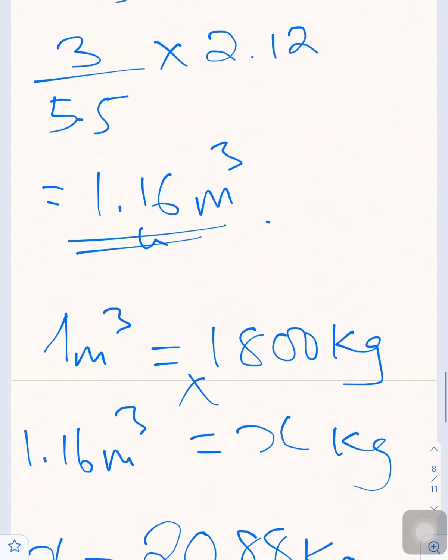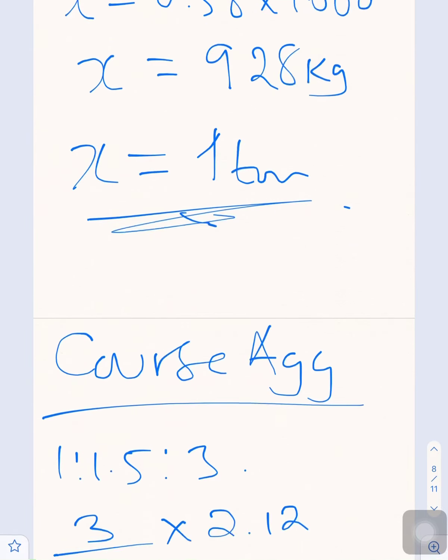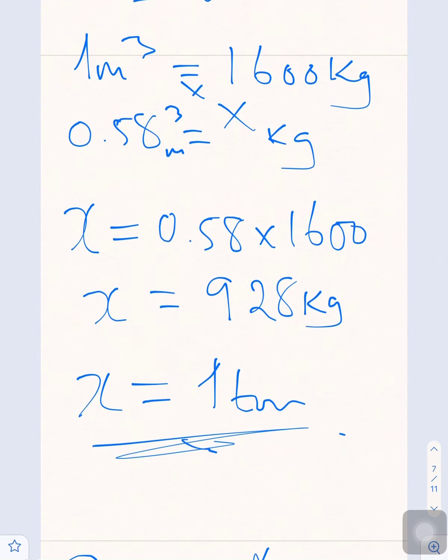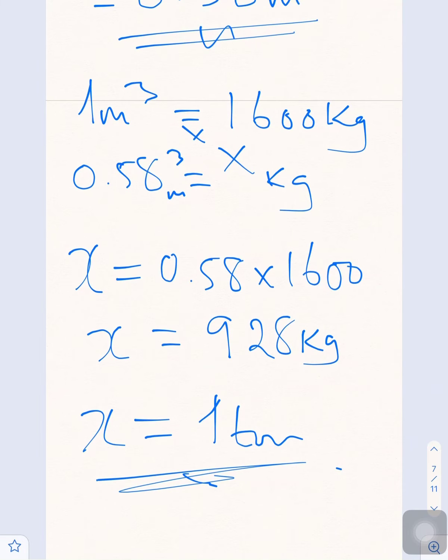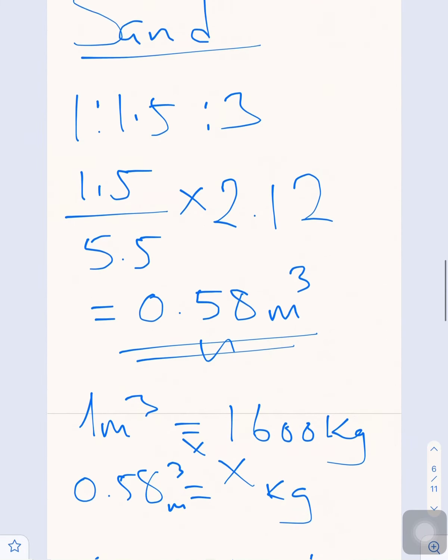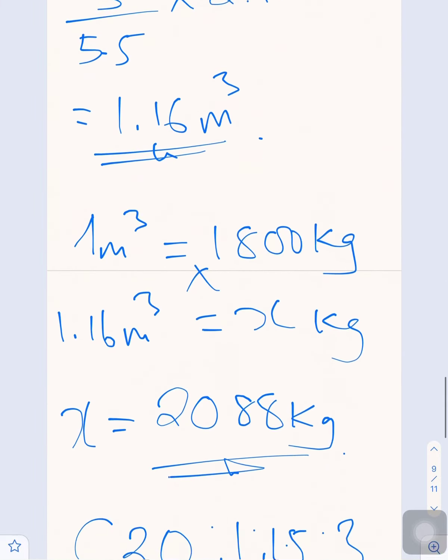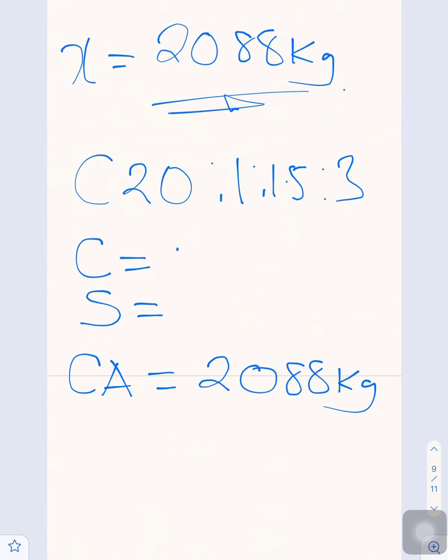And for our sand, we need about 1 ton, or 928 kgs, and for our number of bags, we need about 12 bags of cement. So we need 12 bags of cement, and we need about 928 kgs